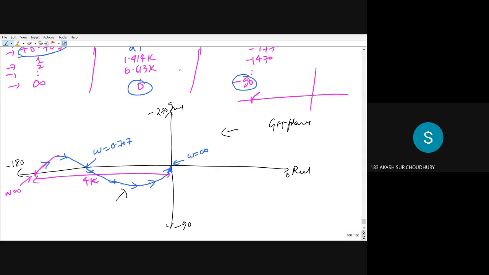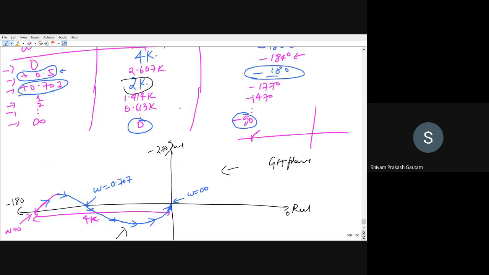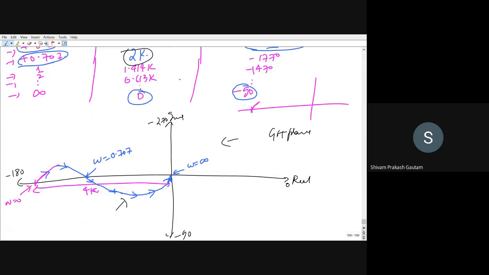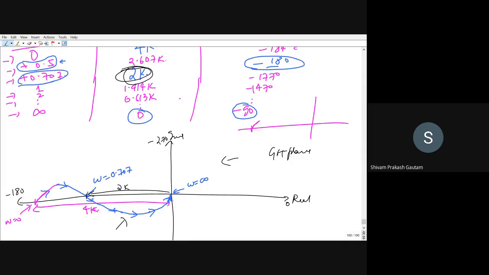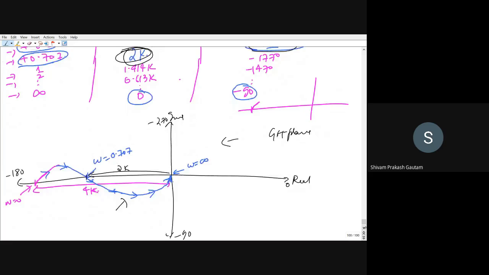Okay, sir. Now at 0.707 you can also see what your magnitude is: 2K. So that is why this point is exactly at the center, because from the center you can see this distance is 2K and from the center this distance is 4K. So it might not look like it is at the center, but it is at the center, right? You can see magnitude is 2K and phase is minus 180 degree line. Is it okay now?